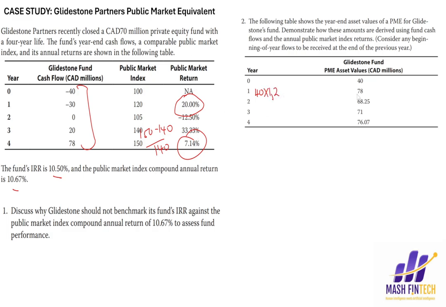And then you add now this investment of 30. You add the investment of 30. If you calculate this, you must get 78. Once you have 78, you get onto the second year. The second year, I'm going to start with this 78. But according to the benchmark, you see the index went down from 120 to 105. So there's a decline of